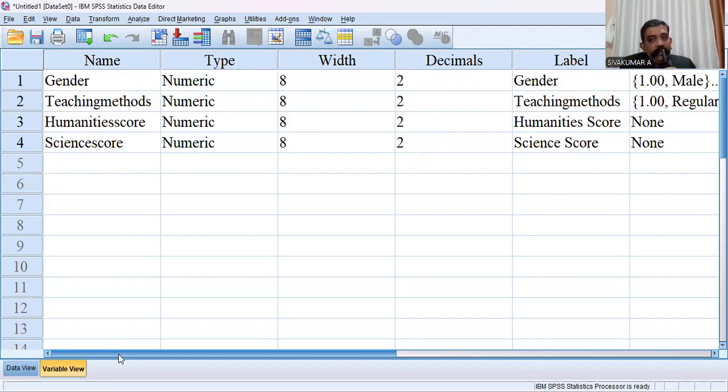As we know, there are certain mandatory conditions or assumptions related to two-way MANOVA. Certainly, we will discuss those mandatory conditions or assumptions in another session. Now we just want to understand how we can perform two-way MANOVA with the help of SPSS software. What is the specialty of two-way MANOVA?